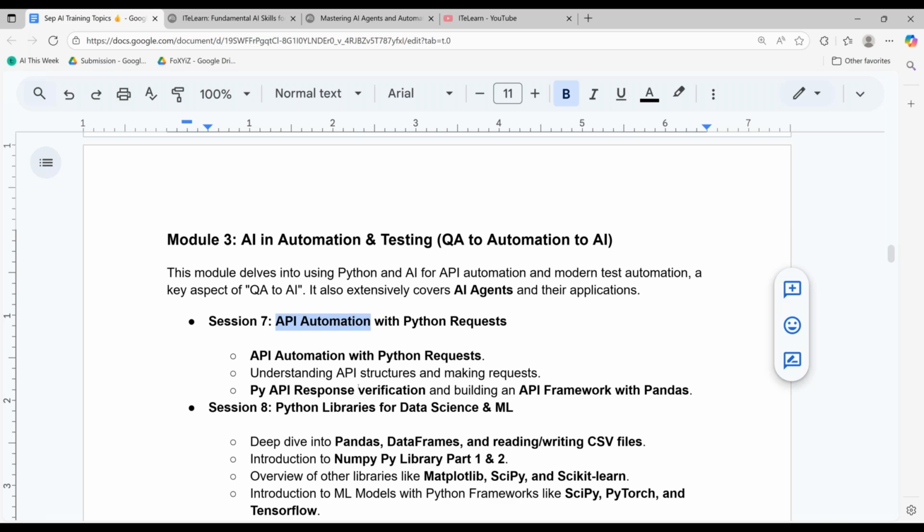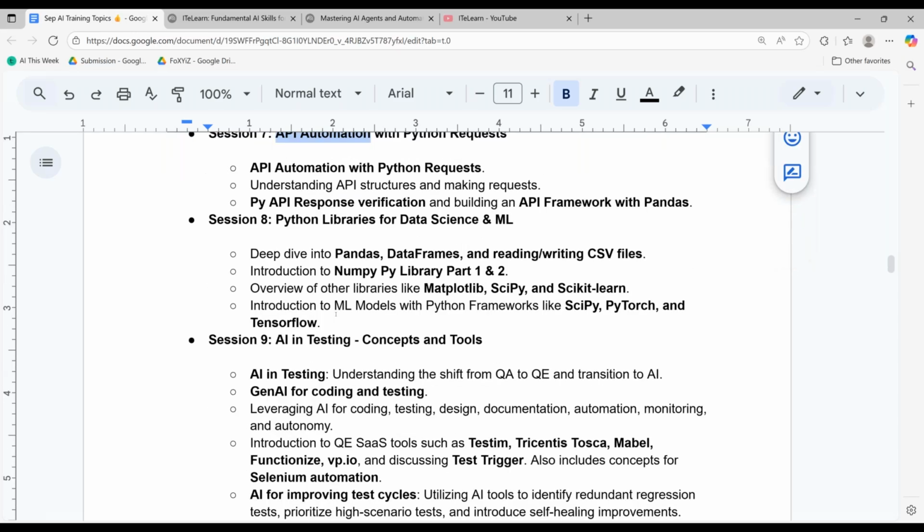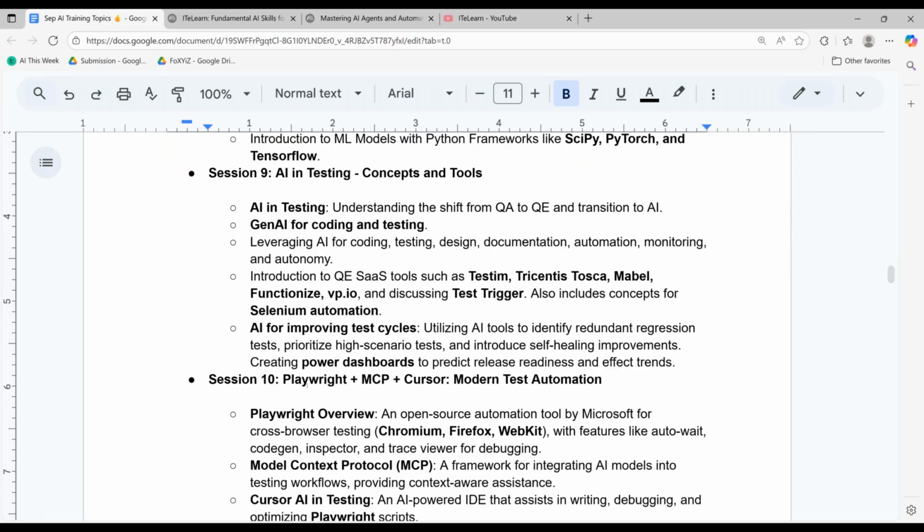You could automate a business process or a workflow. Data science library. So there's still Python within module 3. Session 9 and 10, AI in testing and Playwright plus MCP cursor. That is where we will also retouch on some of the most interesting things happening there. I think this is whoopee.io. Did I answer your question?